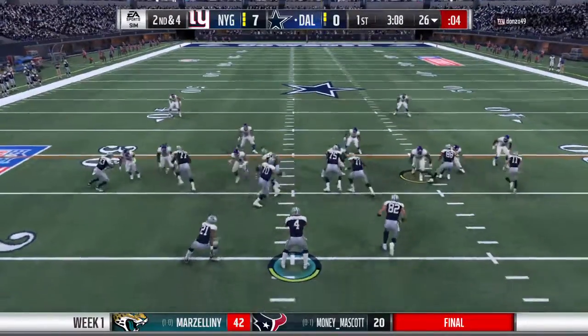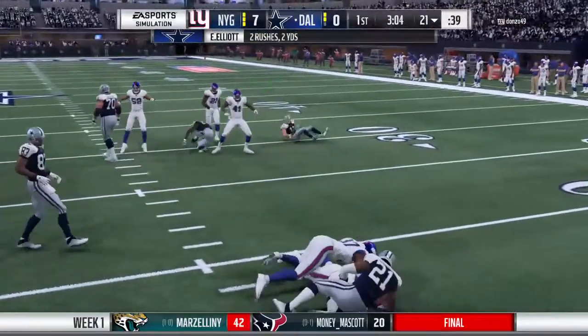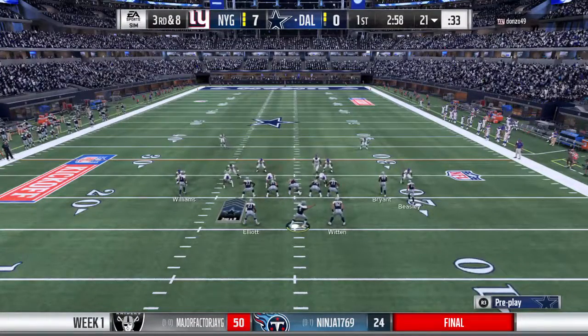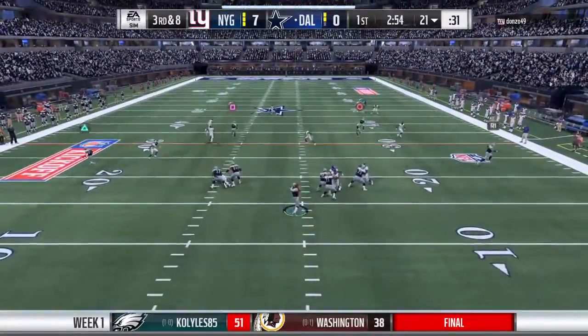Time running out here on the play clock. They'll run it now out of the gun. And he'll wind up losing yardage here back at the 21-yard line. It's a loss of 4. Now 3rd down. So when you call a corner blitz, what a lot of teams call a cap blitz, you're